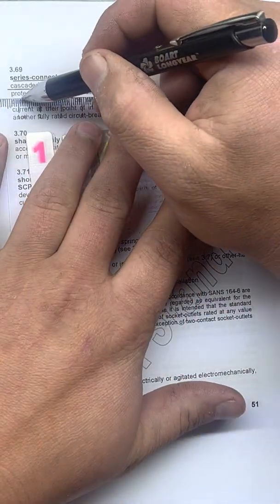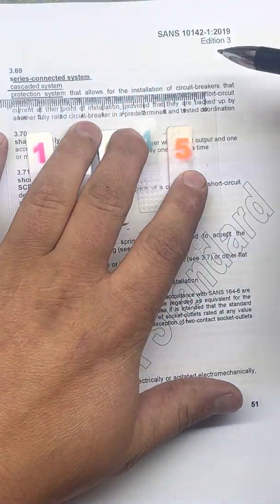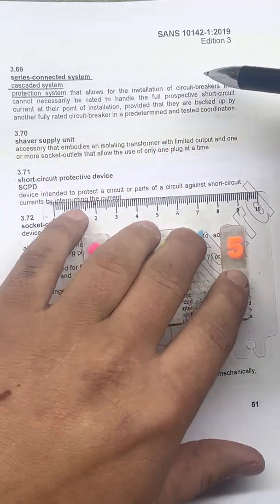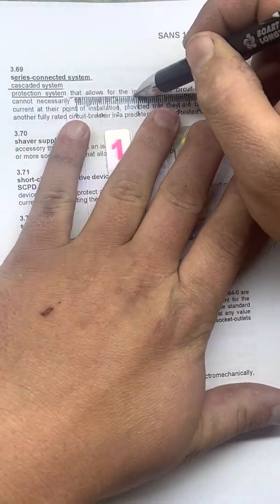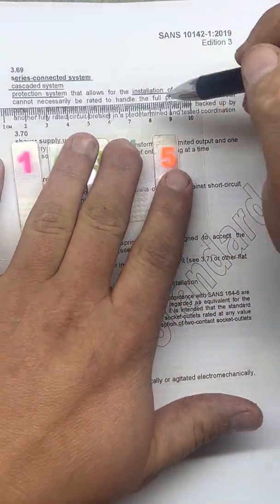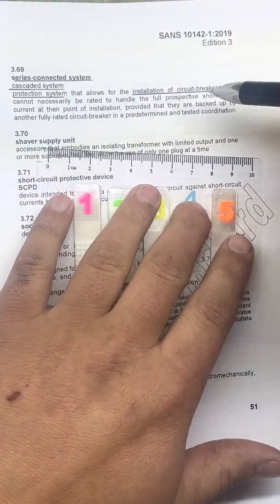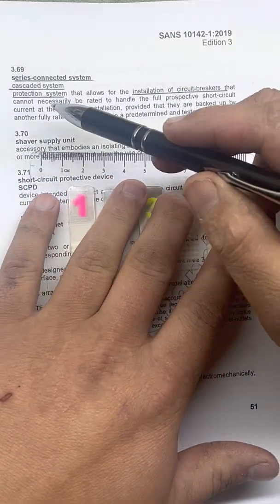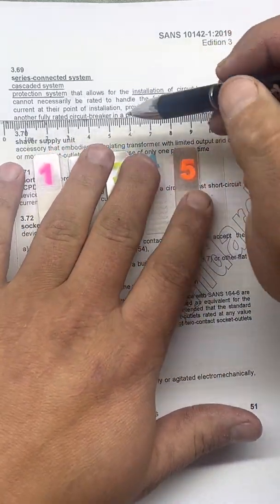So it's a protection system that allows for the installation of circuit breakers that cannot necessarily be rated to handle the full prospective short circuit current at their point of installation.